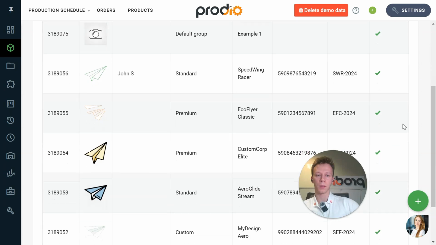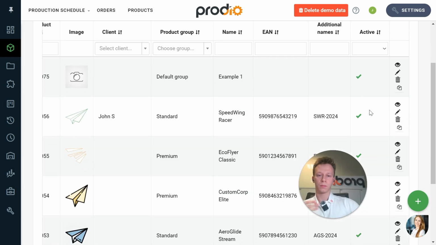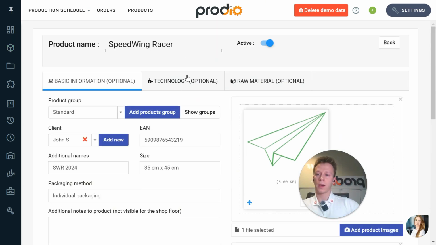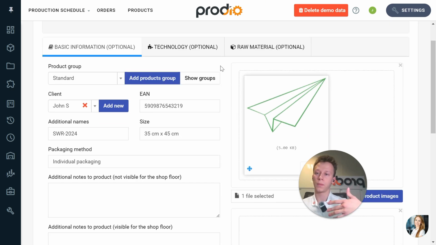Okay, for example, maybe this one. From here you can also edit the products, delete them, and duplicate them, so that if you have a very similar product, you can just make a duplicate and then edit it. Okay, so as I said, we have to just enter the name, but here we can put some additional information about the product that will make it easier